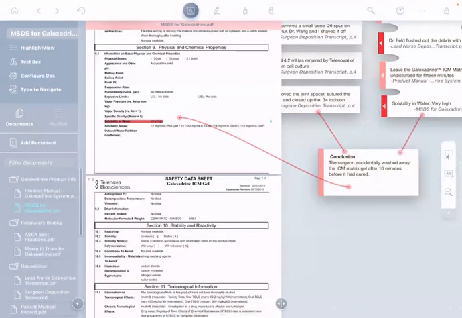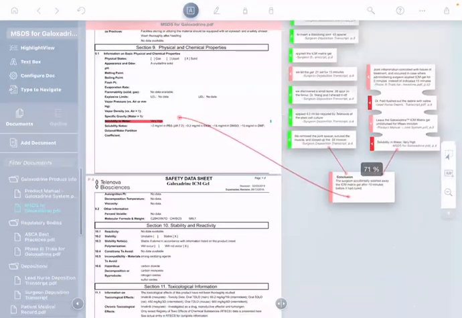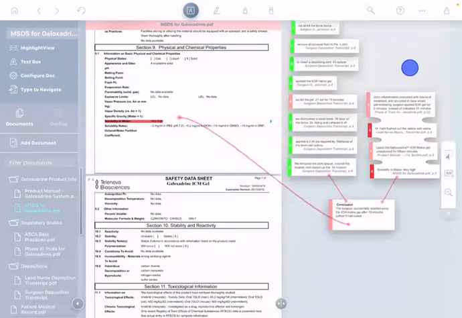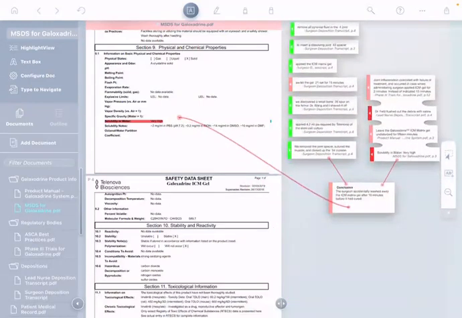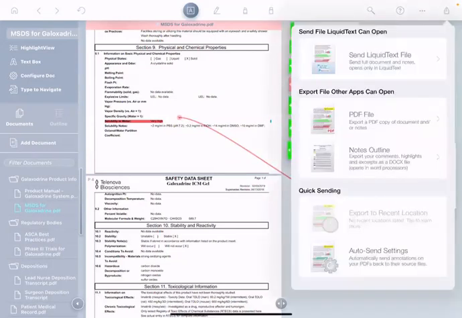Okay, well, this is great. So now I have all this material here, but I need to share this, right? First, I may want to share this with some of the other attorneys involved. I may want to share this with the judge. If they happen to have LiquidText, then I'm set, right? I can just click send, and go send LiquidText file. And next year, we're even going to be enabling sharing where you can just send a link. But what if they don't have LiquidText? Or what if they want something in a more traditional linear document-oriented form? Well, in that case, I can tap Notes Outline.